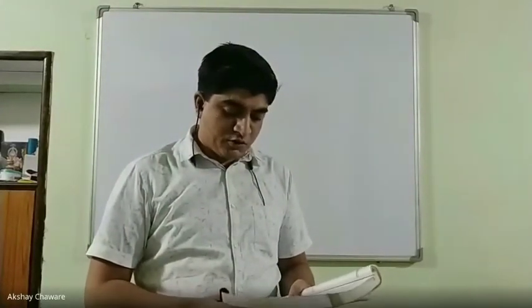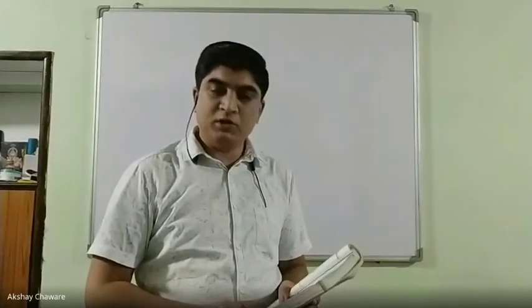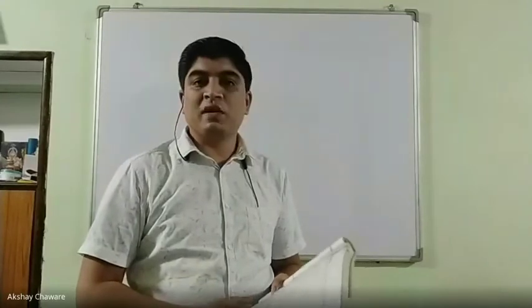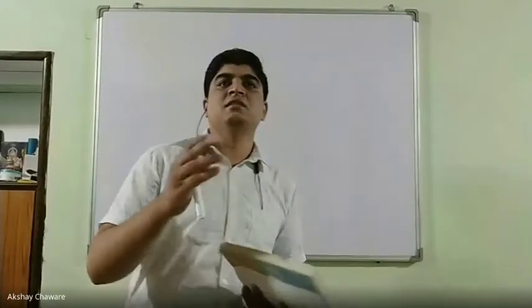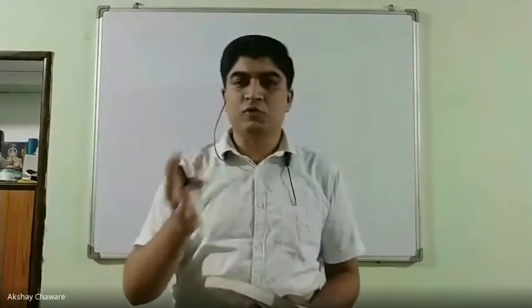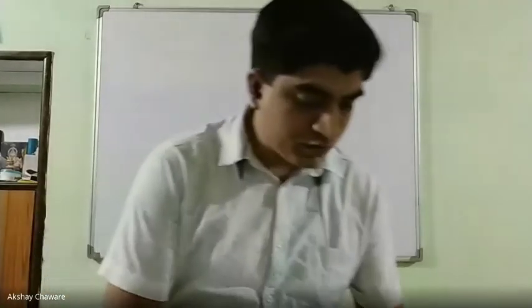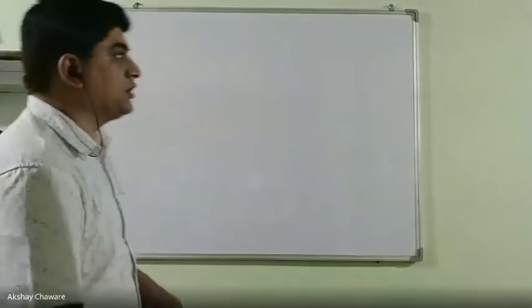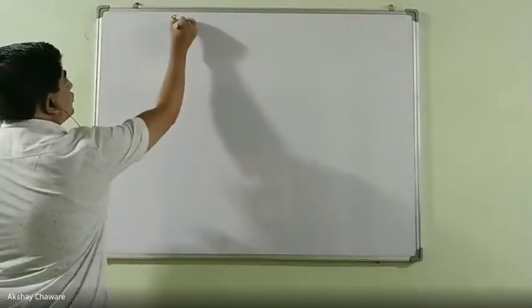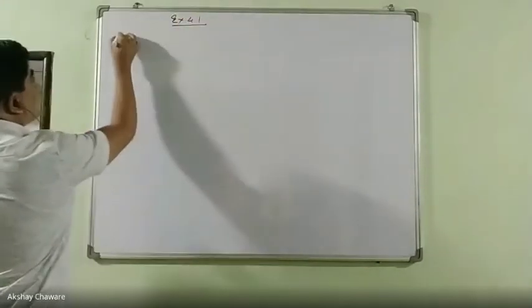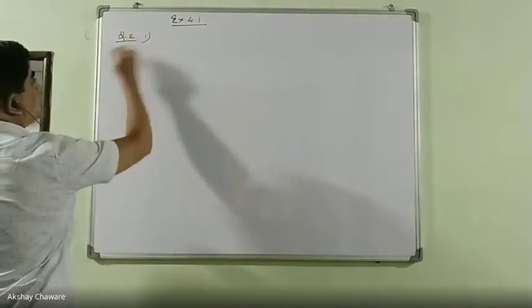First question: the area of a rectangular plot is 528 meters square. The length of the plot in meters is one more than twice its breadth. Here the length is completely expressed in terms of breadth. We need to find the length and breadth of the plot. The area of the rectangular plot is 528 meters square. So this is Exercise 4.1, question number 2, part 1.